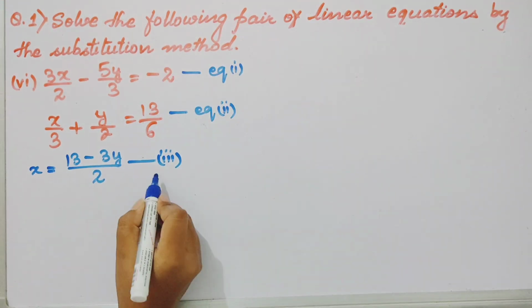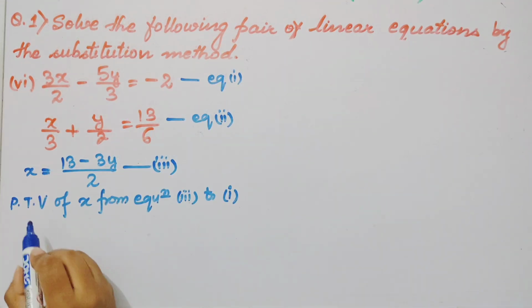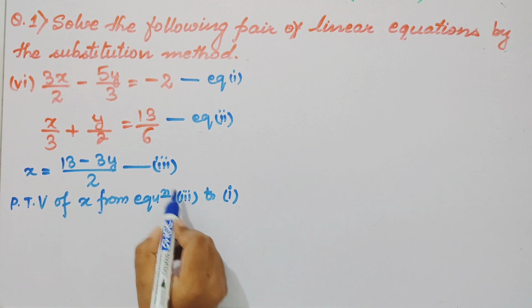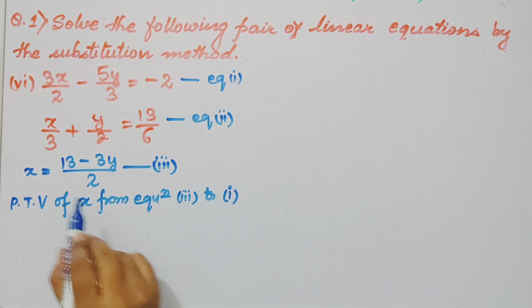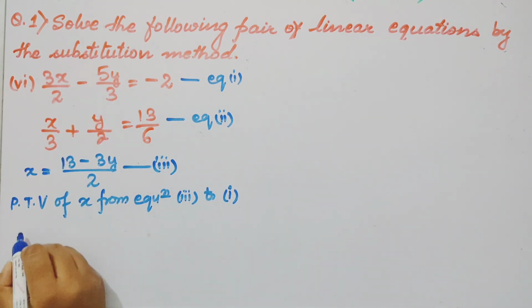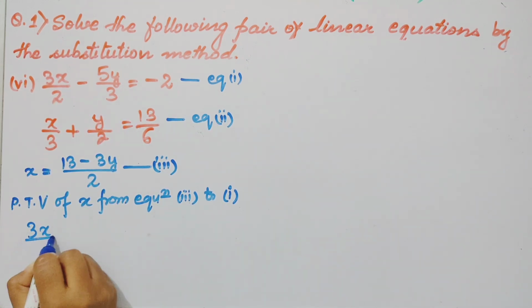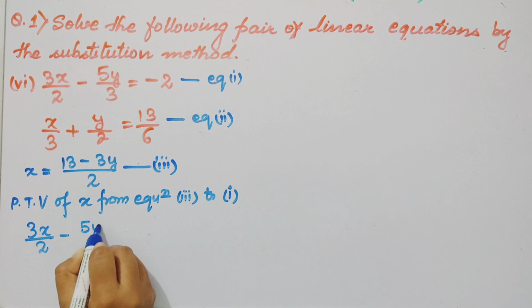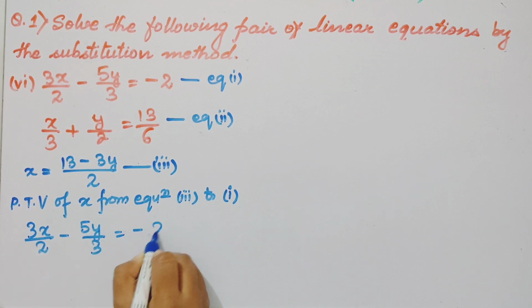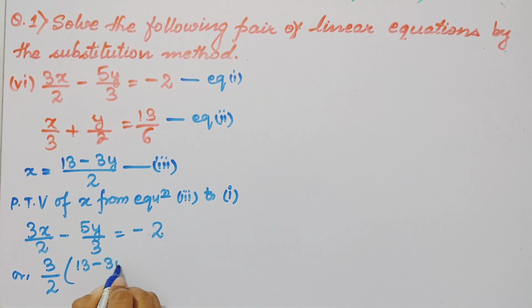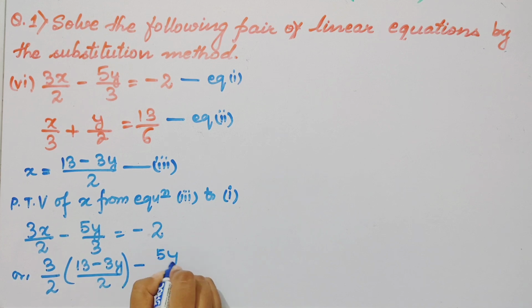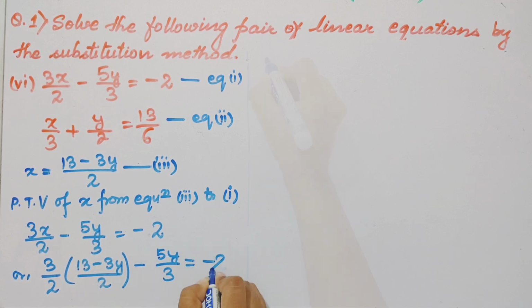So I've written equation 3 over here that we have calculated. Putting the value of x from equation 3 into equation 1. Since we have used equation 2 to calculate the value of x, we will put the same in equation 1. So we have 3x minus 2 minus 5y minus 3 equals minus 2. Let us put the value of x over here. 13 minus 3y by 2 minus 5y by 3 equals minus 2. Moving forward,